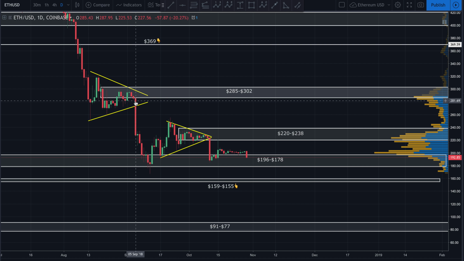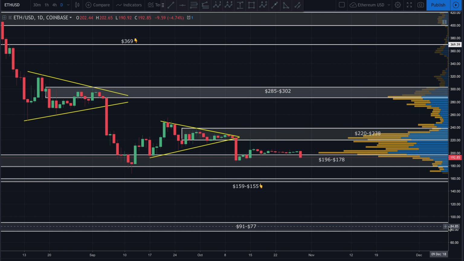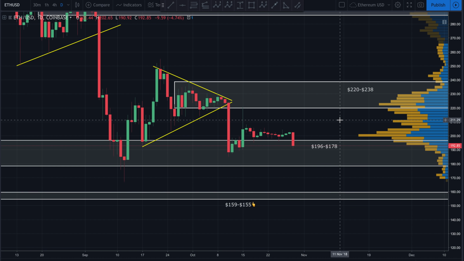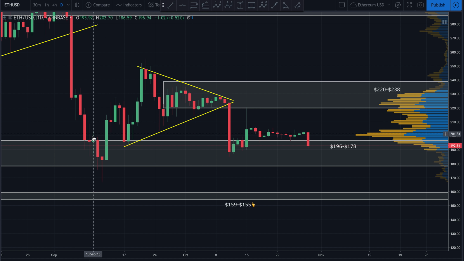I told you guys when price was up here and falling down here, I told you this was the area to accumulate. And if we look at this area, this is the kind of reversal candle I want to see. This is again on the daily. We're looking at the Ethereum to US dollar one-day chart on Coinbase. If I didn't tell you that, guys, sorry. I want to see a reversal candle like this. This is a textbook reversal. Price ends up coming down, and we get this very long wick here.